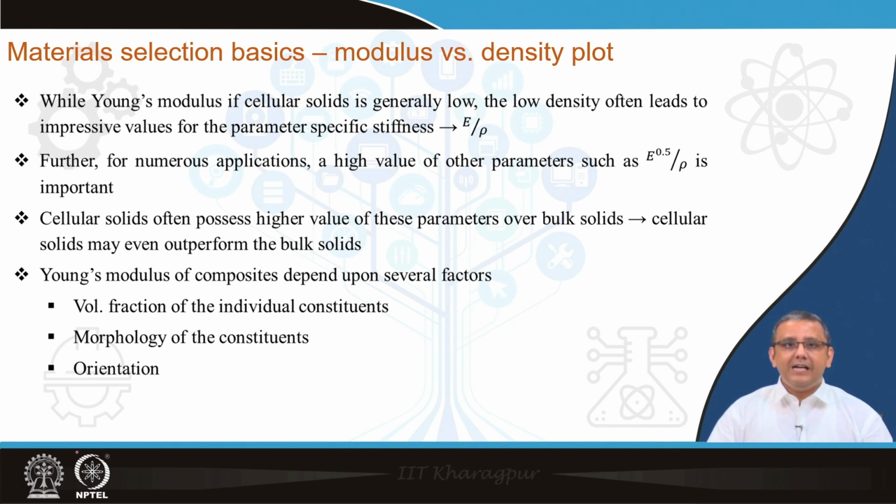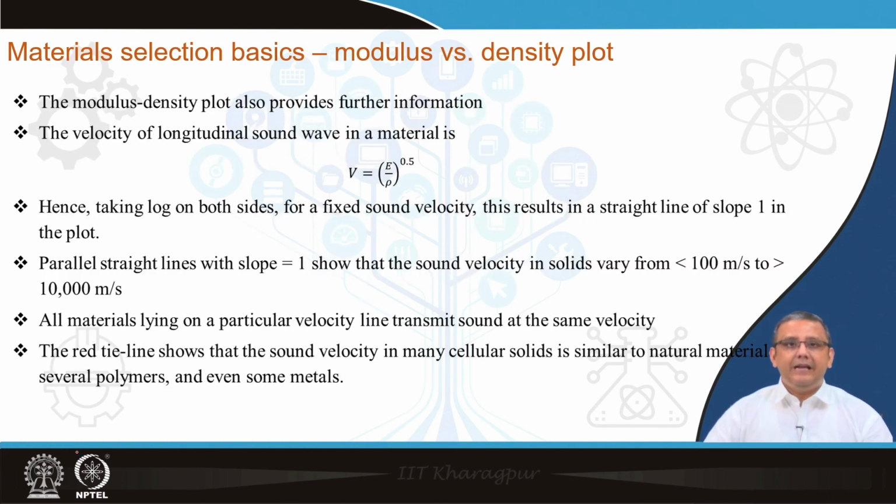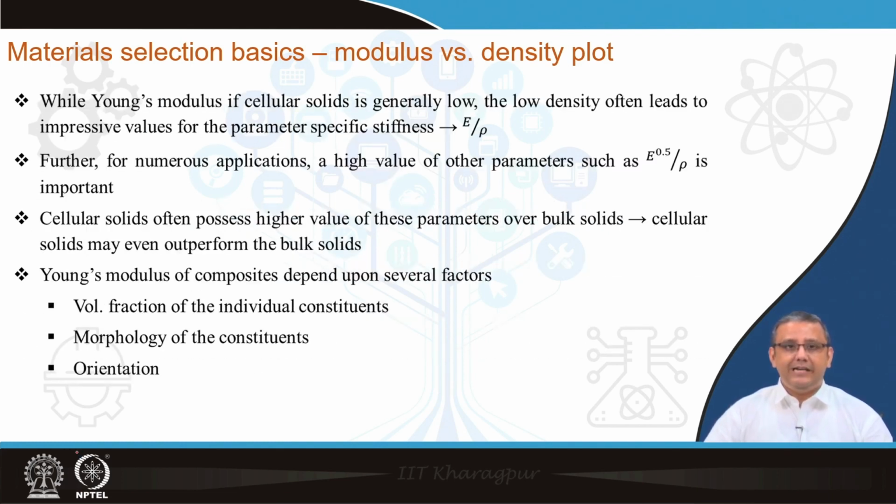In terms of the Young's modulus of the composite material, like the cellular solids, they also depend upon several factors. They depend upon the volume fraction of the individual constituents, but also the morphology and the orientation of the constituents play a very important role. You will again see these things in much more detail in future lectures, but to give you a brief introduction,